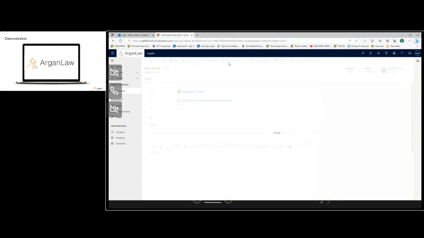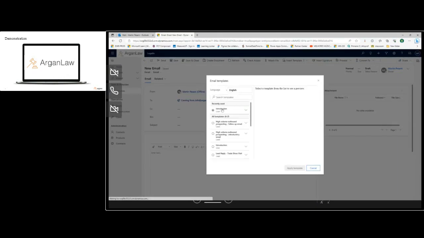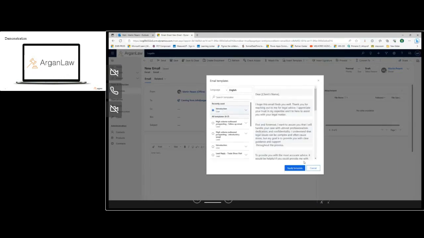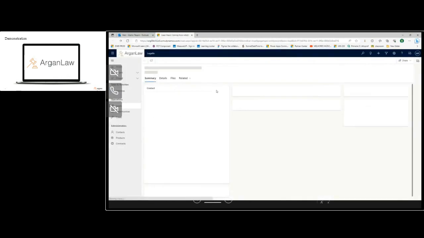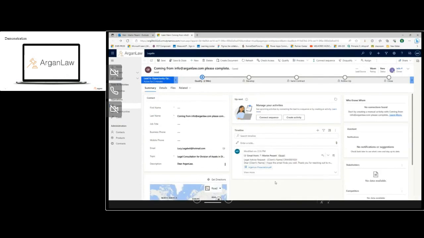And here the template is already in the system, so I didn't have to take a look at my emails or whatnot. I apply the template. It applies the presentation of Oregon Law and what type of service we offer to this client, right? Everything is already there. And then we could send. And we have the document, which is already over here.